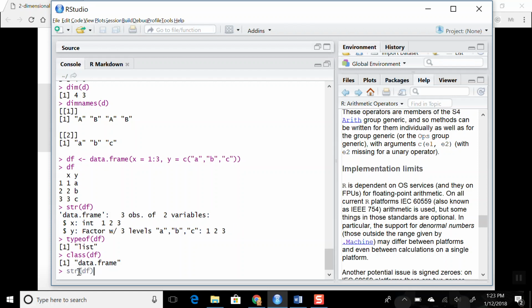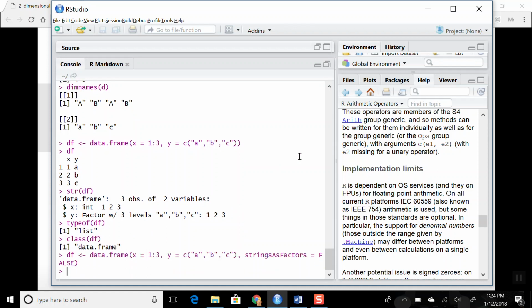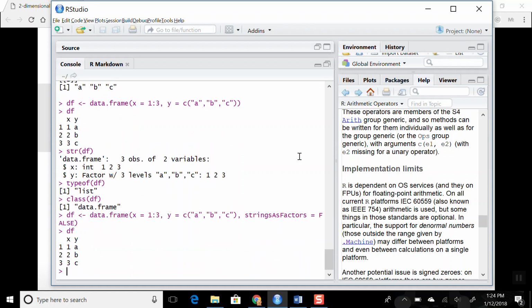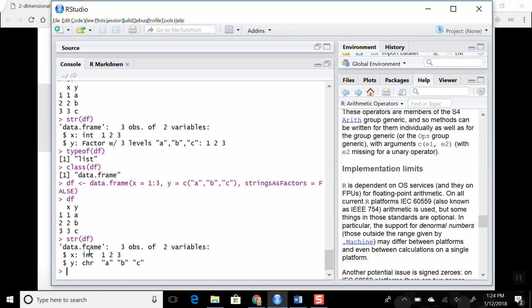If we want to avoid that, then in the creation of the data frame, we would set stringsAsFactors equal to FALSE. And if we do that, then we get this. It looks almost exactly the same, but when we ask for the structure of the data frame, we can see it's got x as an integer, and y is no longer a factor, but y is character data with the characters A, B, and C. Okay, it's a subtle difference, but